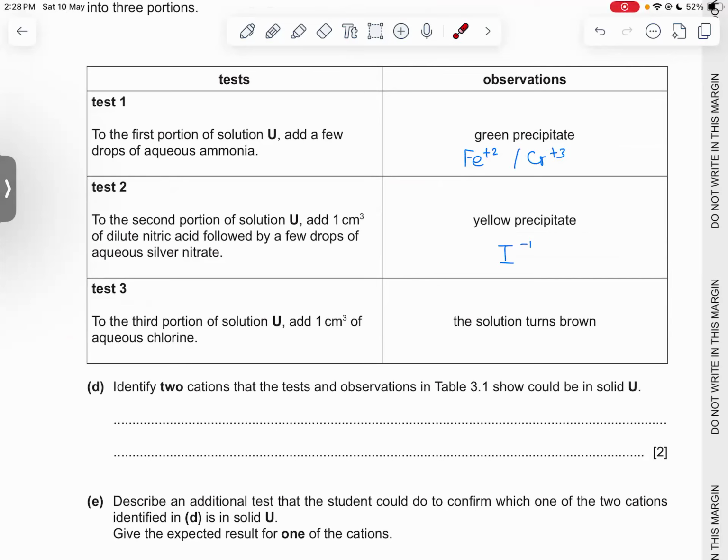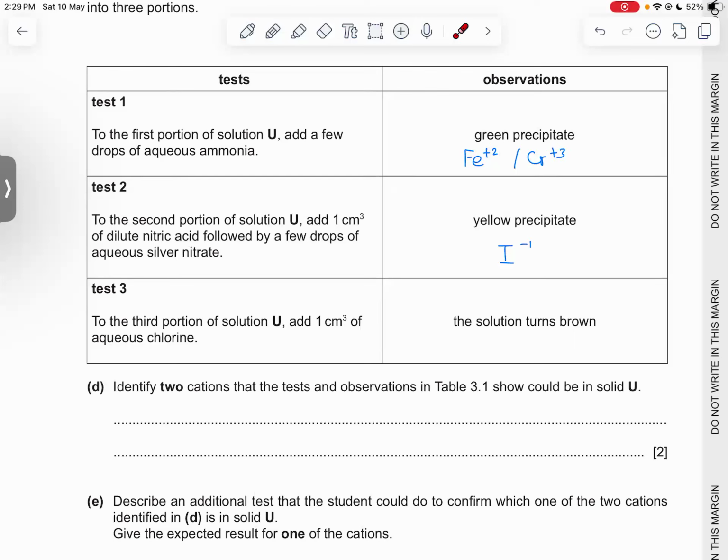If you want to remember the cations, that was for P4. For this, you don't even have to remember anything, right? You can just check. But for P4, I had explained to you guys, all you have to do is remember the colors of 4 transition elements. There are 8 cations that you have to remember. Out of them, one cation doesn't even give a color. It produces ammonia gas, that is ammonium ion, completely different. Aluminum, zinc, and calcium give white precipitate. Chromium and iron 2+ give green precipitate. Iron 3+ gives red brown, and Cu2+ gives blue. All 8 are done. That is how you remember them.